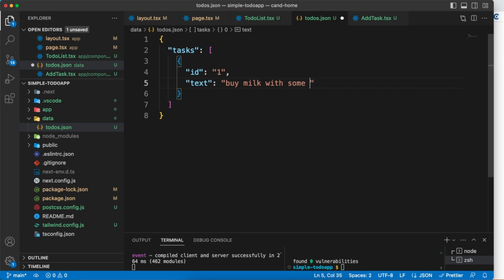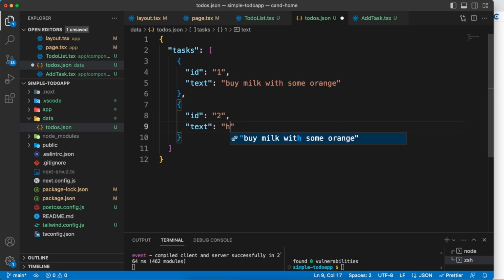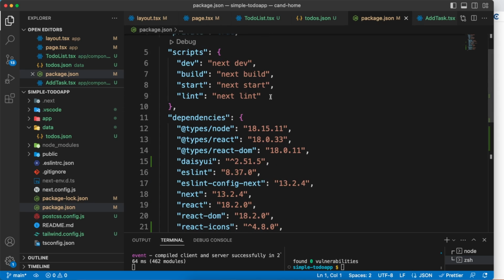with some orange, right? And also I'm going to add another object here, so let's just copy this, paste that down here. And also the ID, it should be, I want to say 2. And also the text, let's change that to something like maybe help my friend to find a girl. All right, so now let's go back to the package.json file, and I'm going to add another